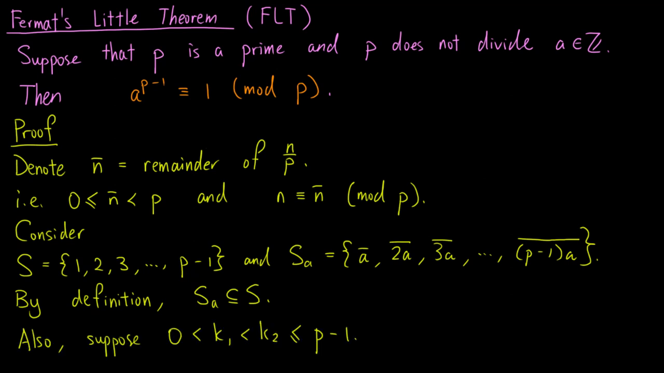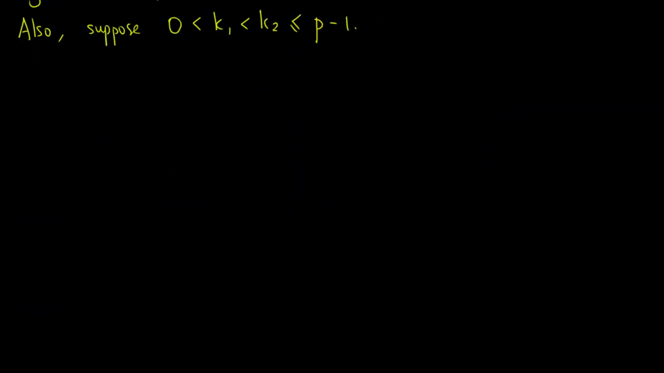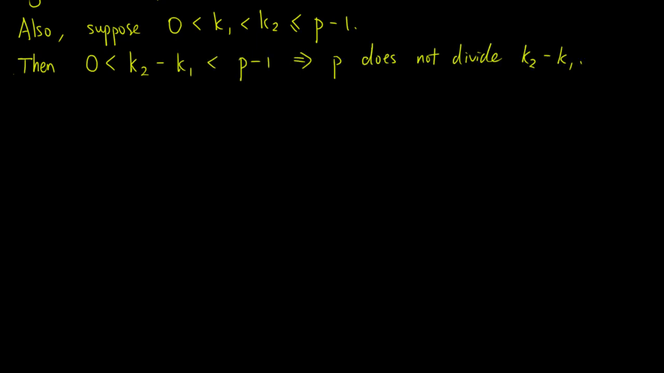Now, suppose that k1 and k2 are integers such that 0 is less than k1, is less than k2, is less than or equal to p minus 1. Then, 0 is less than k2 minus k1, which is less than p minus 1. This implies that p does not divide k2 minus k1,